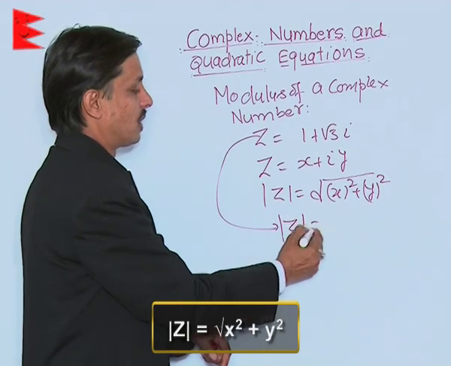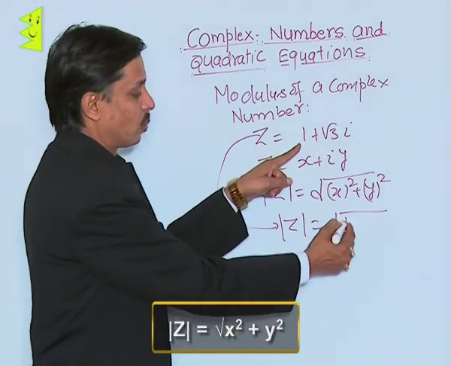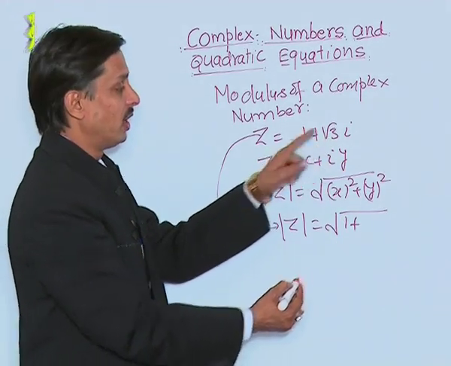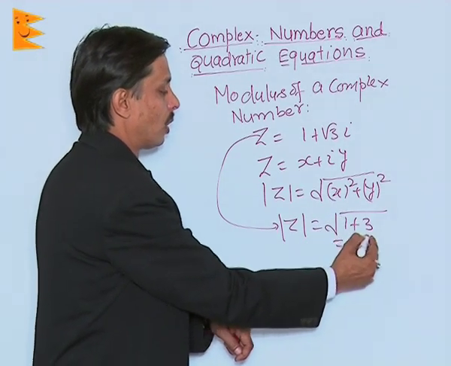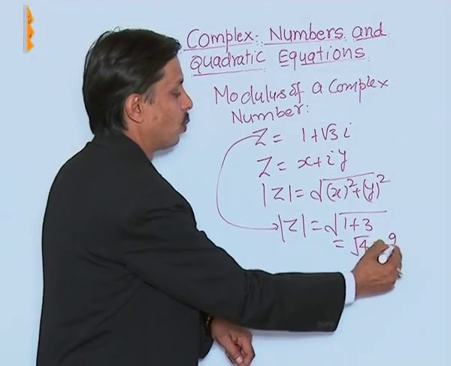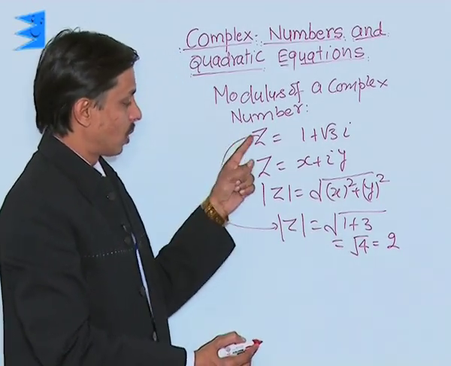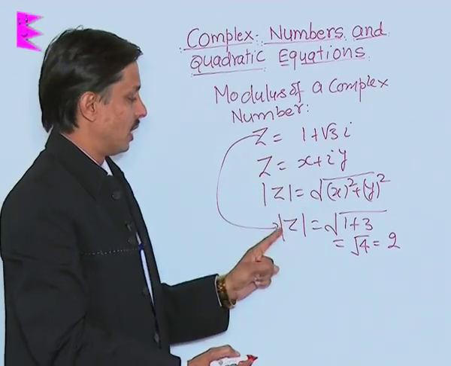So the modulus of z: the real part is here 1, its square is 1. The imaginary part, or y, is root 3, its whole square is 3. 3 plus 1 becomes root of 4, which gives us 2. So we say the modulus of the complex number 1 plus root 3 iota is equal